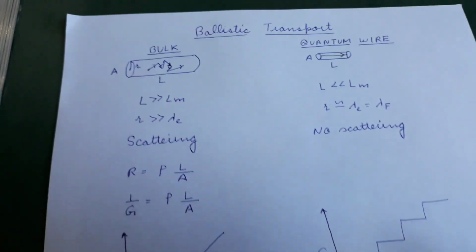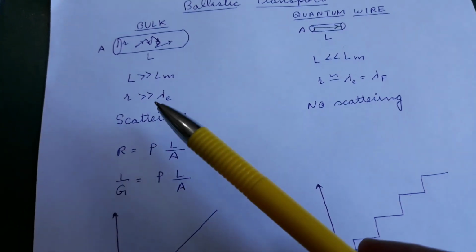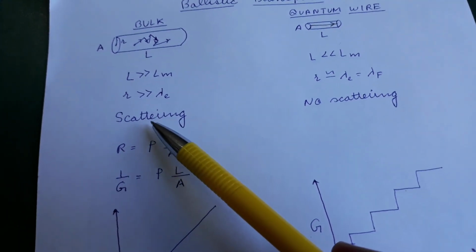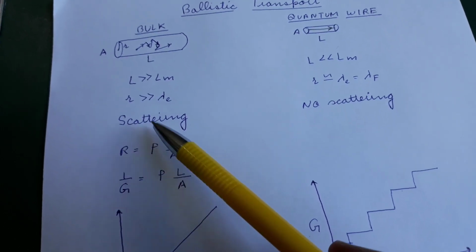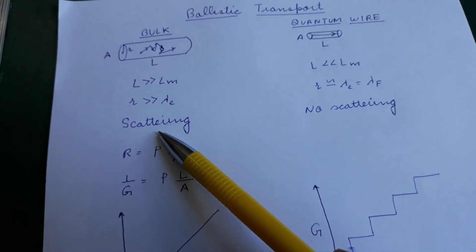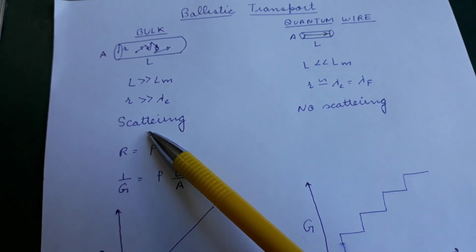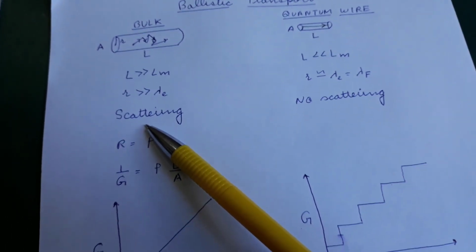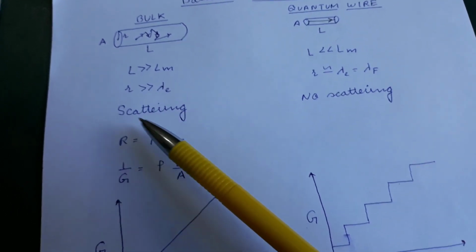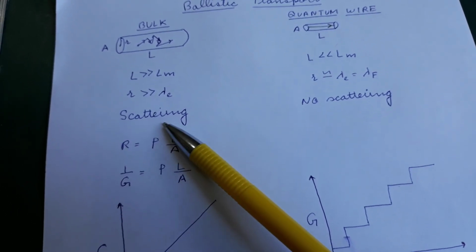If we are considering a bulk wire, we have just studied Drude's model, and we see that there will be a lot of scattering. Electrons will collide with the lattice points, the ions, and all the electrons will be contributing to conduction. Positive ions will be present in a sea of electrons, and these electrons will collide with these ions.